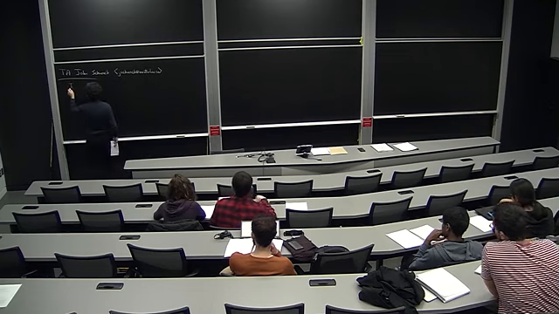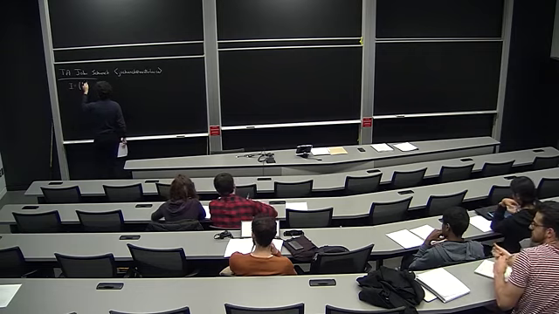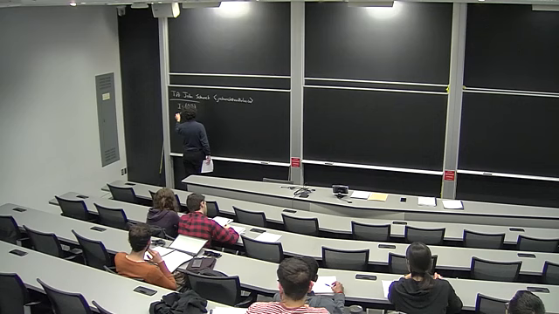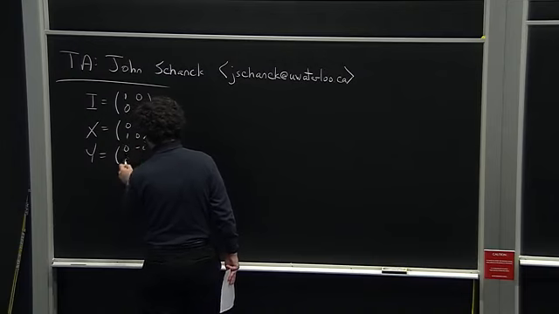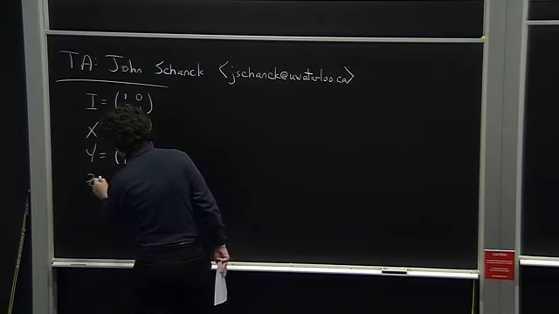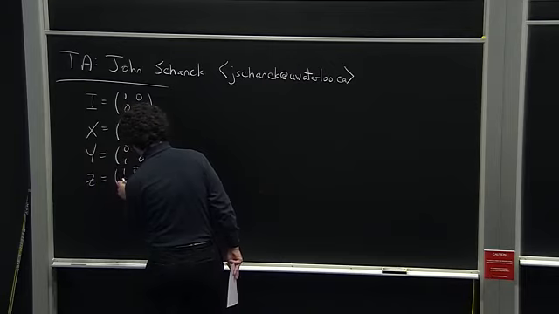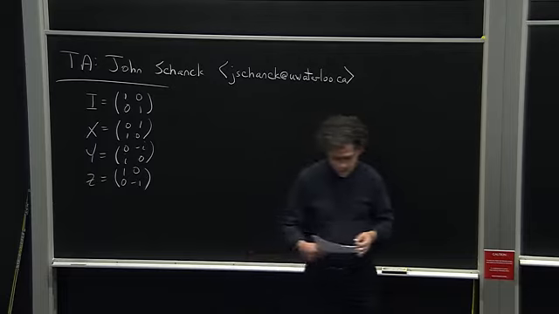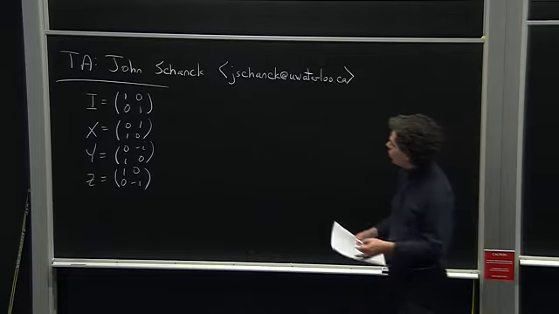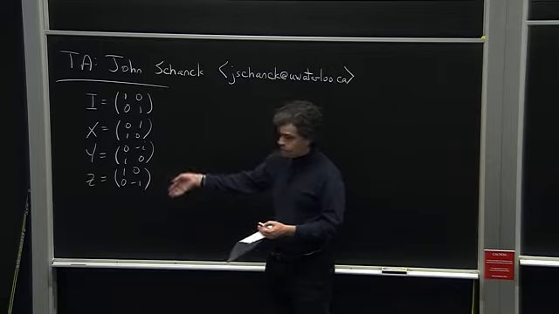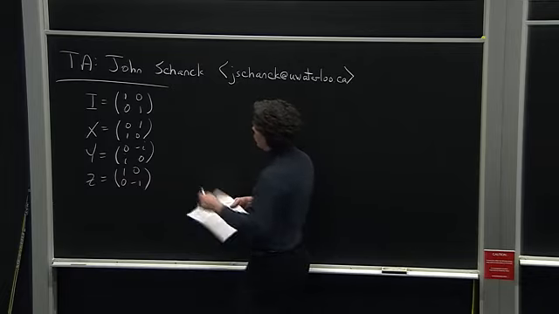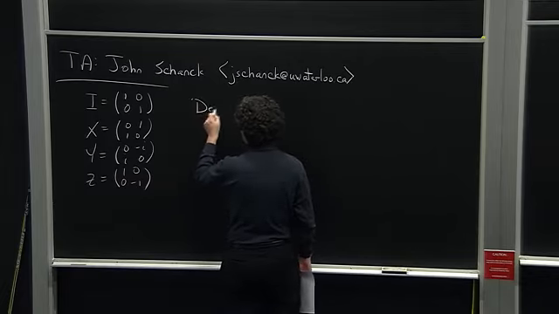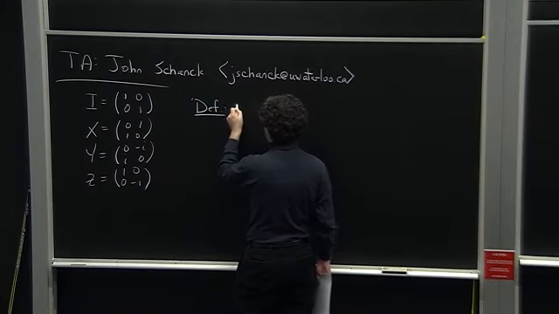So of course, we have the identity. We have X, Y, and Z. And so frequently, I'm going to be using not just these things, but also tensor products of them and products of them. So in fact, what I'm interested in is something called the Pauli group,